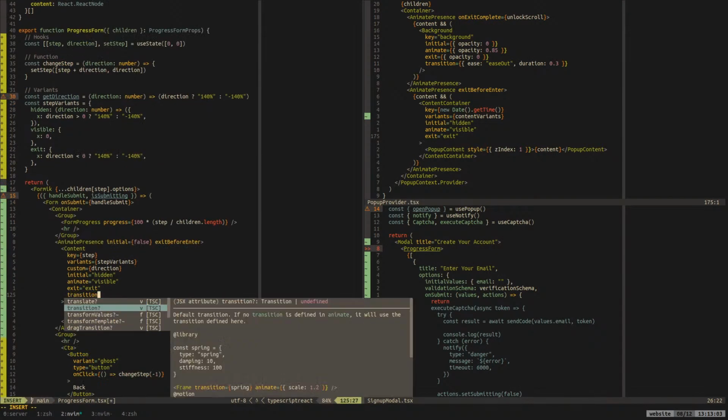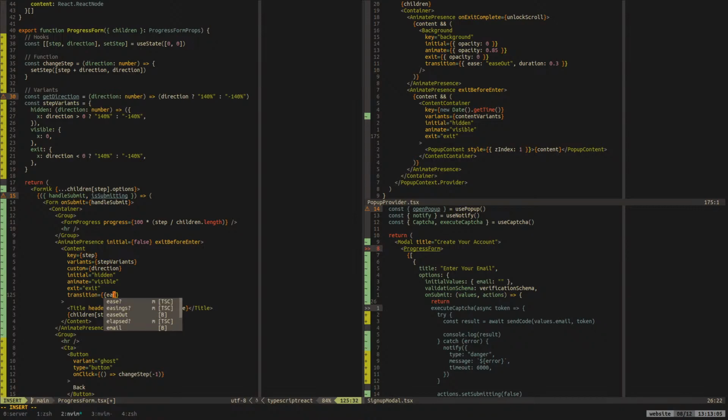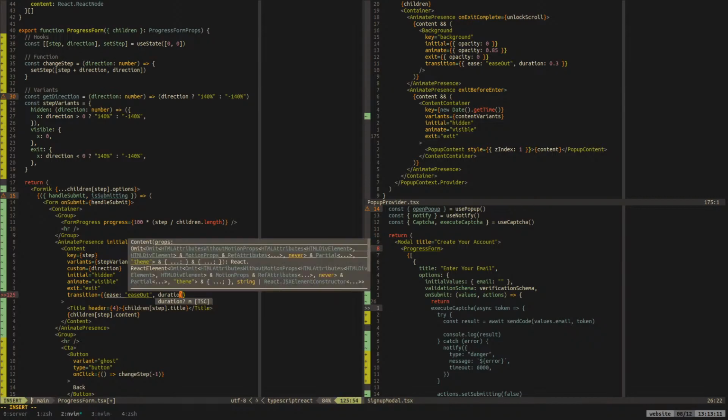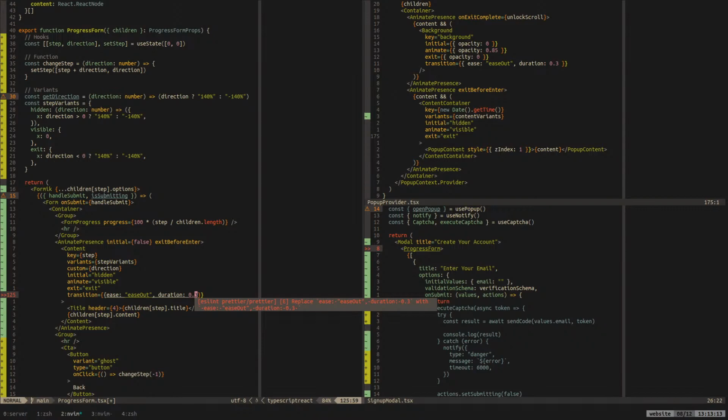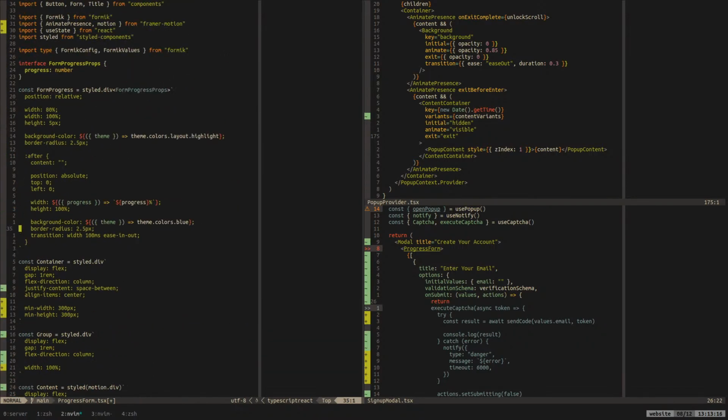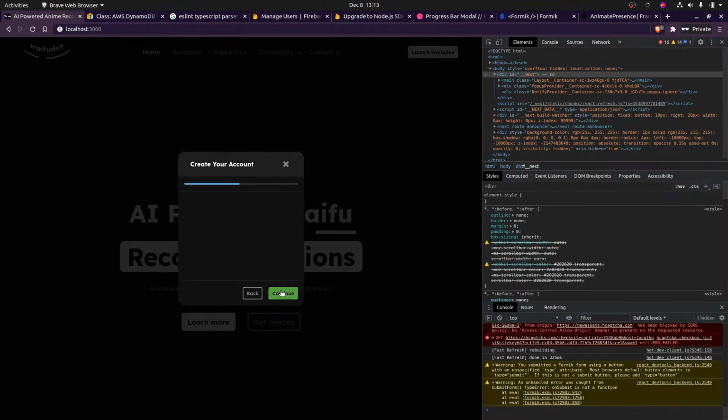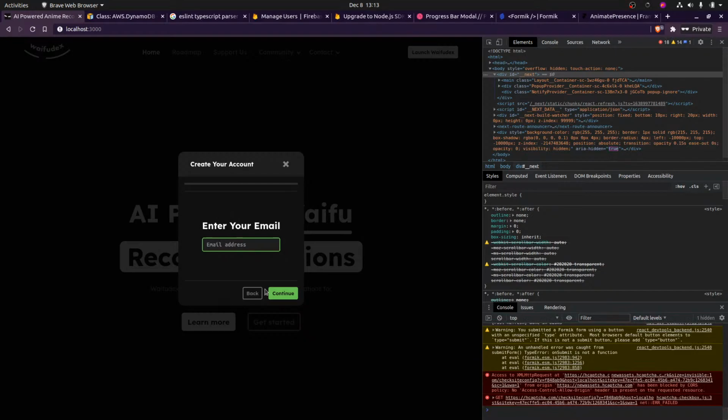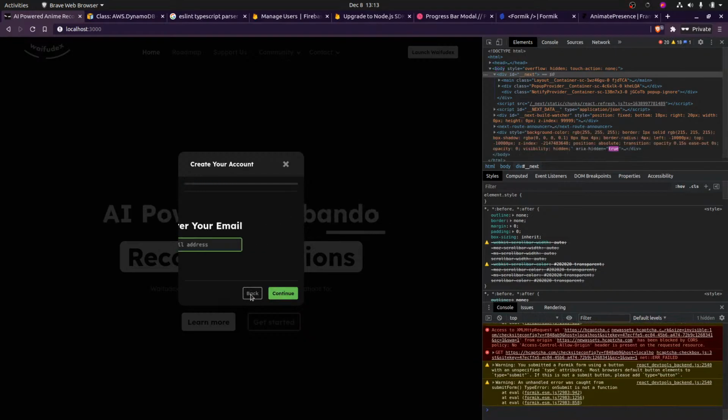Transition, we could make it just an ease out with a duration of 0.3, and then maybe same goes for this. It's not smooth, which I don't like.